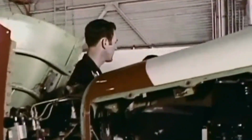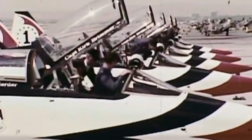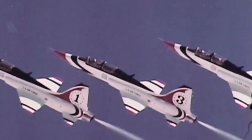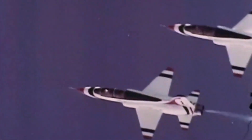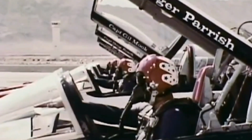These updates have extended the aircraft's service life, though the T-7A will eventually replace it at many training facilities. It also holds a special place in aviation history as the aircraft of choice for the Thunderbirds, the United States Air Force's precision aerobatics team, from 1974 to 1982. During this time, the Thunderbirds performed very complex maneuvers at air shows across the country, showcasing its capabilities while inspiring